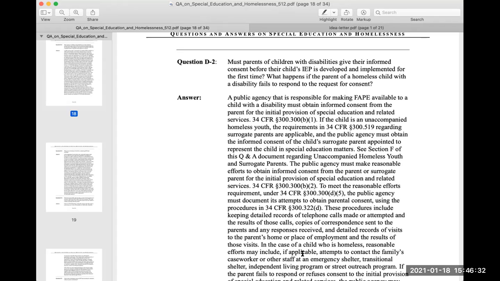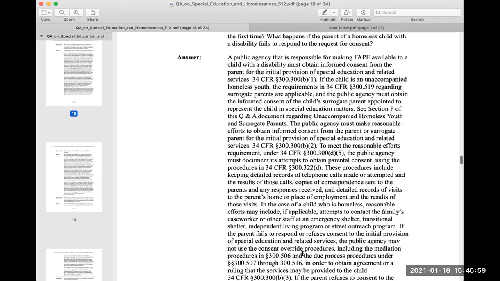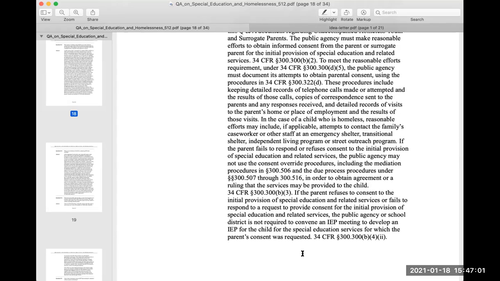See Section F of this Q&A document regarding unaccompanied homeless youth and surrogate parents. The public agency must make reasonable efforts to obtain informed consent from the parent or surrogate parent for the initial provision of special education and related services. 34 CFR paragraph 300.300(b)(2). To meet the reasonable efforts requirement, under 34 CFR paragraph 300.300(d)(5), the public agency must document its attempts to obtain parental consent using the procedures in 34 CFR paragraph